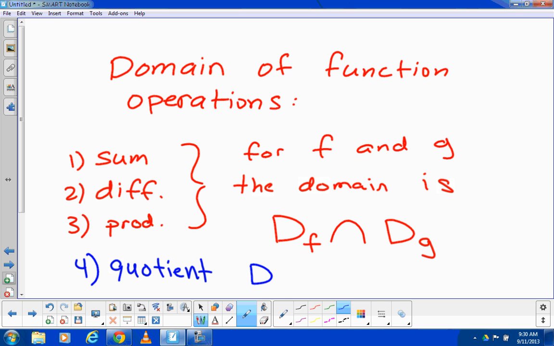And let's say that this is for the quotient for f divided by g. So it's the domain of f intersect the domain of g and something else. What else do we have to worry about with division? Right, so g